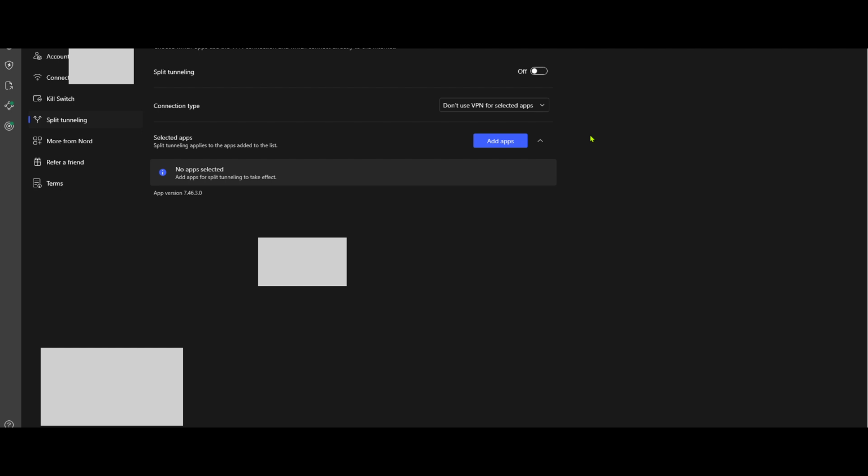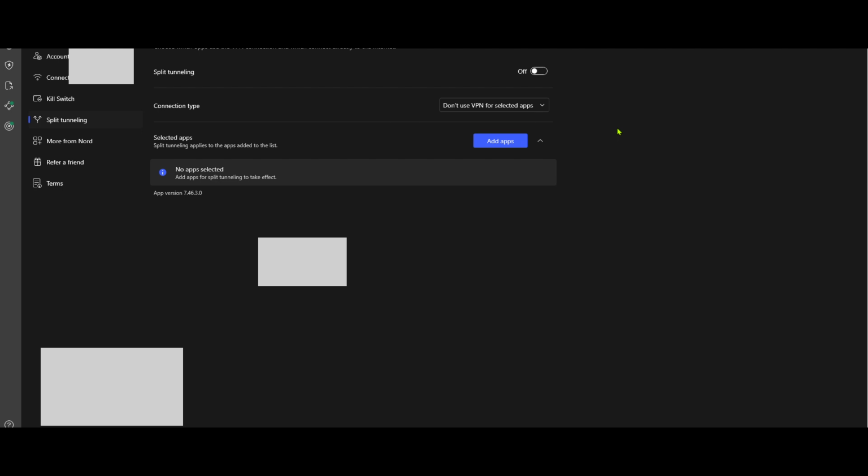As a tip, carefully consider which applications you choose to whitelist, as these will not benefit from the enhanced privacy that a VPN provides. After tweaking your settings to your satisfaction, take a moment to review your choices. Remember that these settings can often be adjusted, so feel free to return and modify them as your needs change. By utilizing split tunneling effectively, you achieve a balance between security and performance, optimizing your VPN usage for your unique